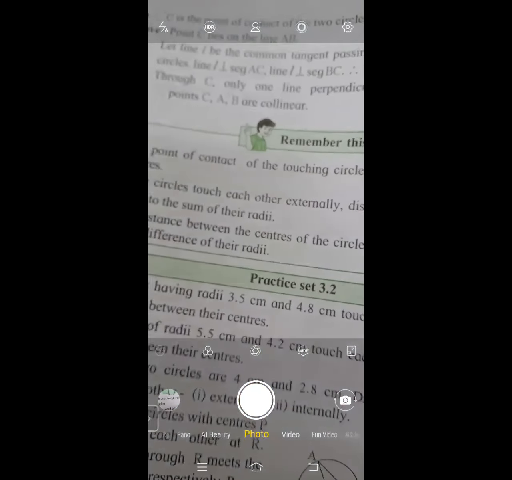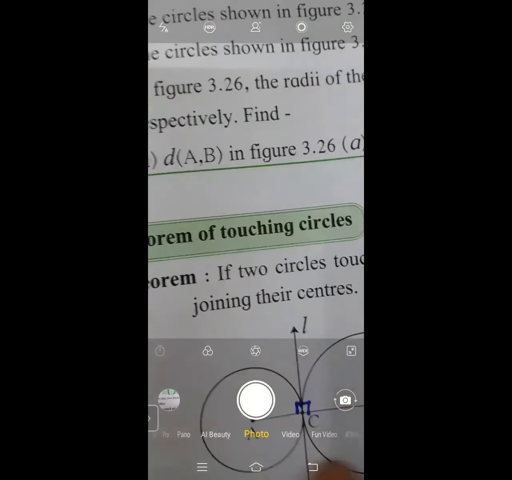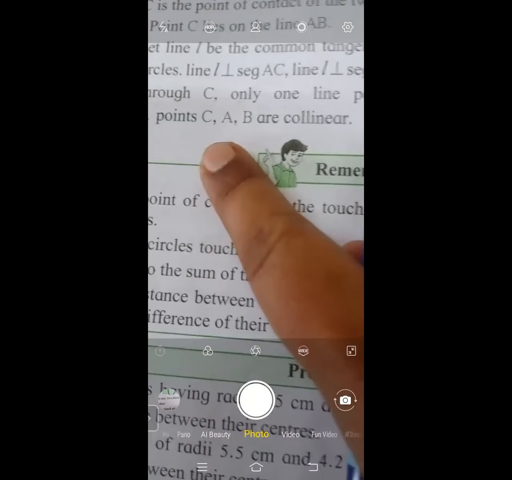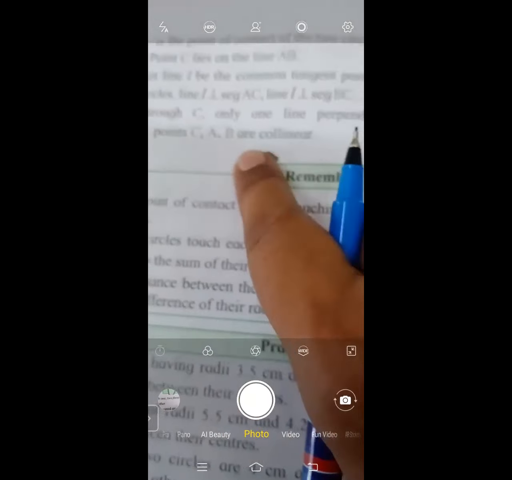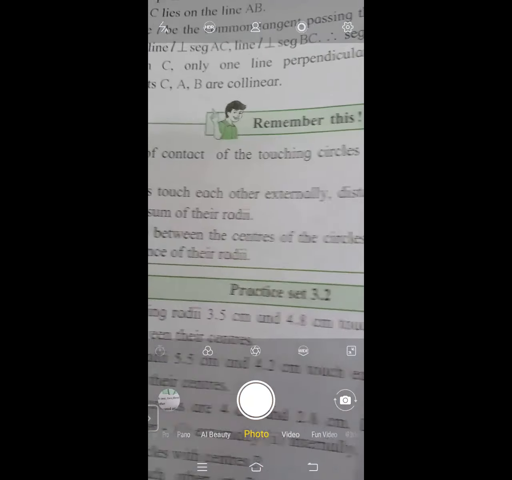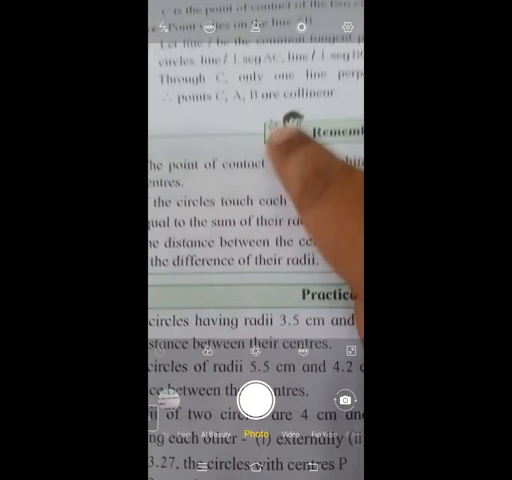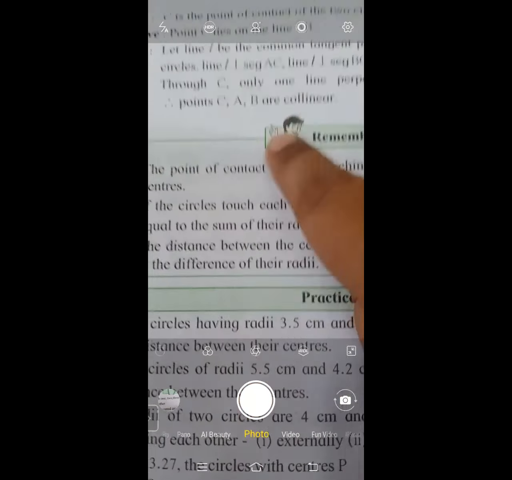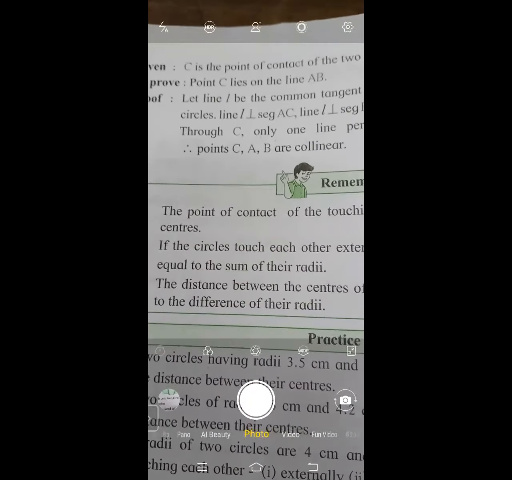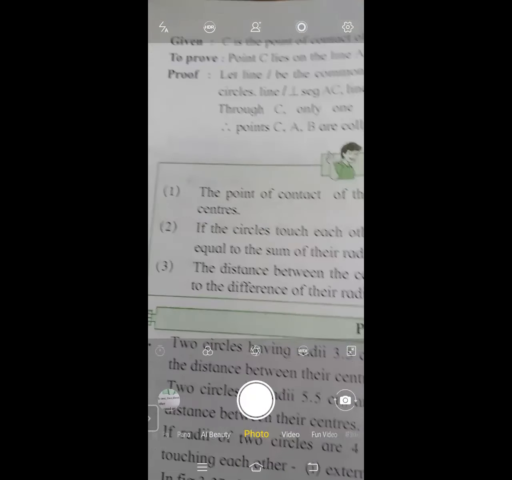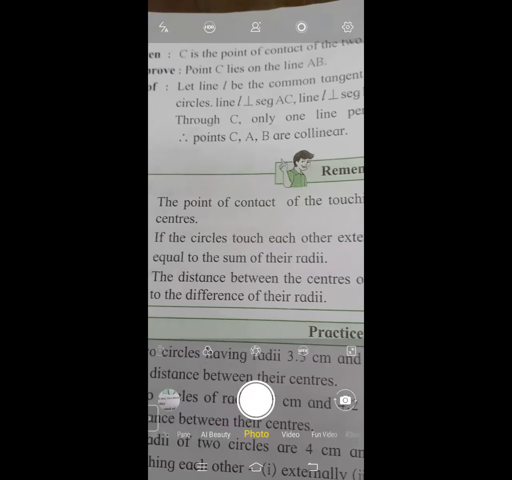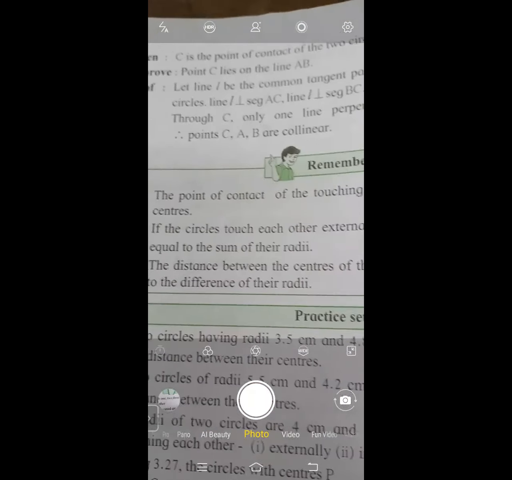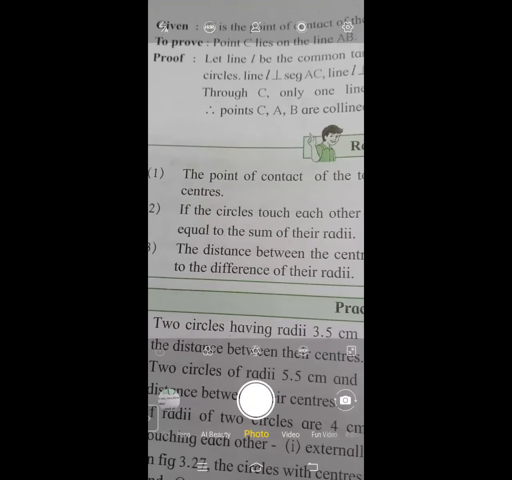Again, they lie on the same line. So points C, A, B are collinear, which states that point C lies on the line AB, as these three points are collinear. Just go through this theorem again. Go through each and every statement. Try to locate the segment and the line with whatever is given in the proof, so that you will understand the proof.